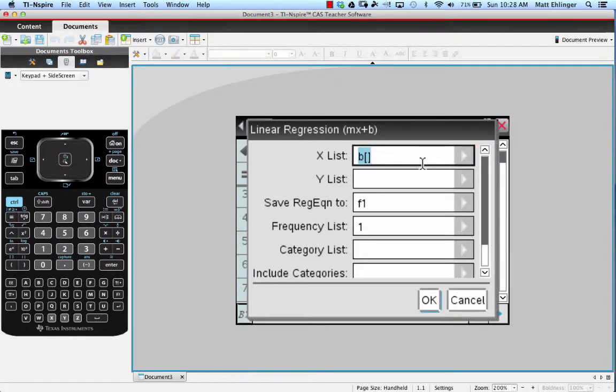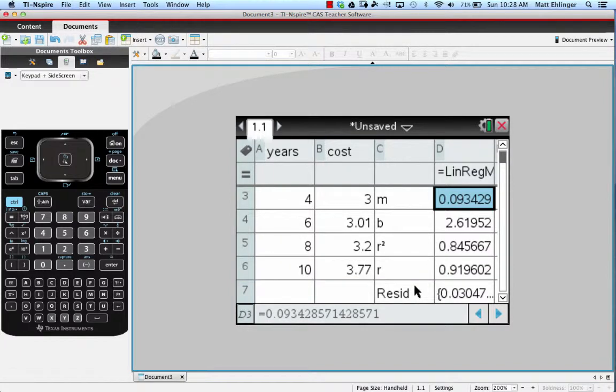What we have to do is tell the calculator what we want the x list to be. We want that to be the years, and the y list is the cost. Everything else we can just leave. Just click OK. And you can see right in our spreadsheet, they go ahead and put the regression in for us. If you've ever worked with Excel or Numbers, this equals row is where we get formulas. So they put a formula in here to use our data to do this regression. So here we have